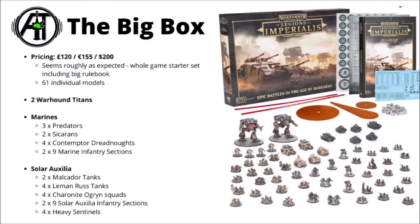I think most people's focus will probably be on the big box, Warhammer the Horus Heresy Legions Imperialis, to give it its full title, Epic Battles in the Age of Darkness. It seems that the price tag for this thing is £120, €155, which should put it at $200 if it remains the same sort of price conversion from the recently released Cerastus Knights. I think for that kind of pricing that is roughly what I would have expected for this box